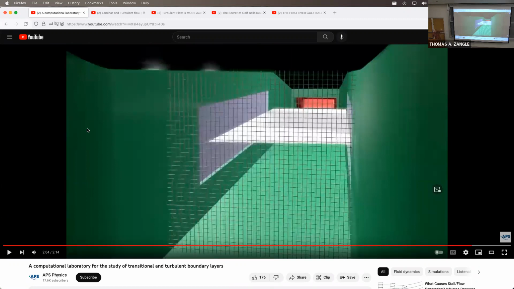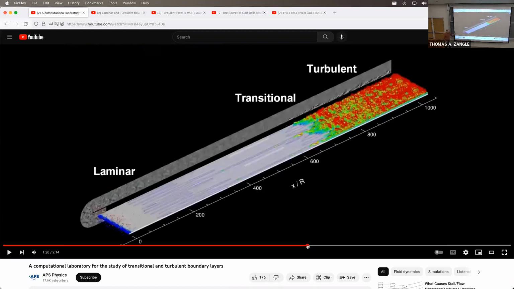Okay, I know they're just showing off and doing a 3D animation. But that gives us, maybe, a better sense of the characteristic of turbulence, and in particular the transition to turbulence that we've been discussing, right? And this is for a flat plate boundary layer. But from here on in the chapter, we're going to stop talking about flat plates, and we're going to start talking about more realistic objects, right, that we might encounter. And so I want to start with